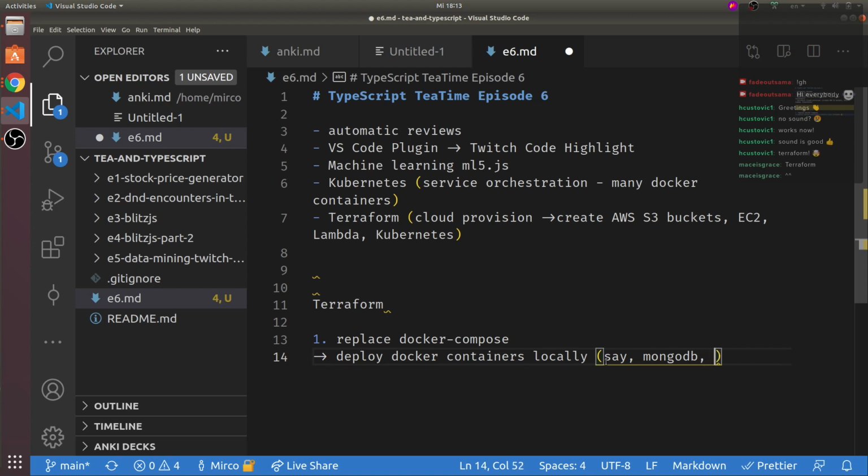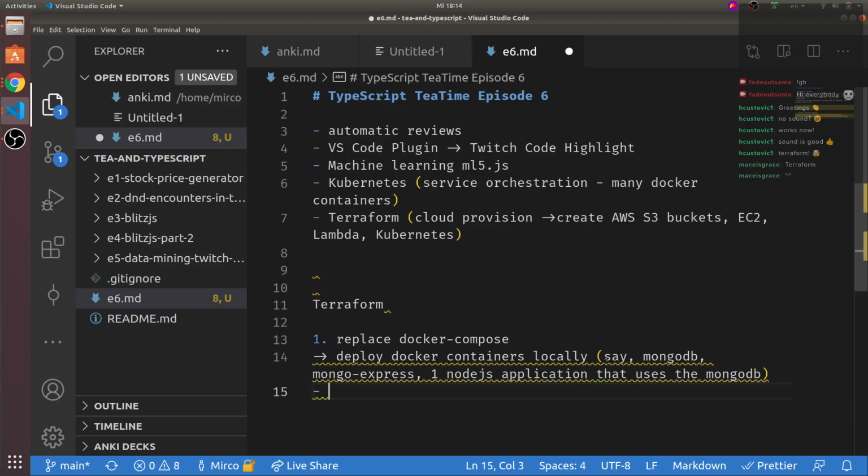MongoDB, as well as Mongo Express, which is an administration tool for MongoDB, and, I don't know, in one application that uses the MongoDB, a Node.js application that uses the MongoDB, and that's one part.